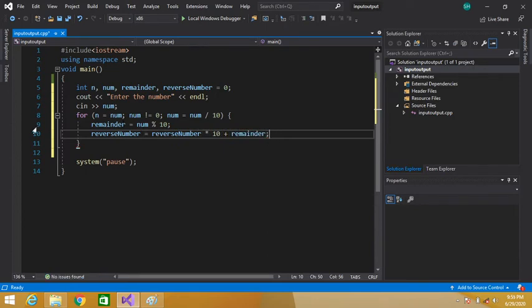So this is the simple logic to calculate the reverse of a number. So this loop will calculate the reverse of the number entered by the user.